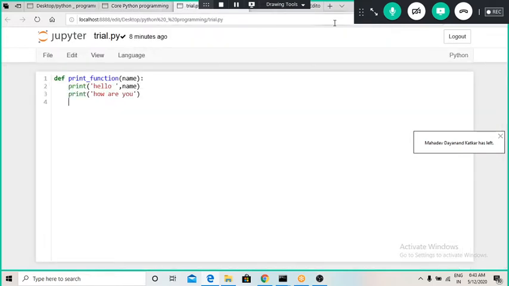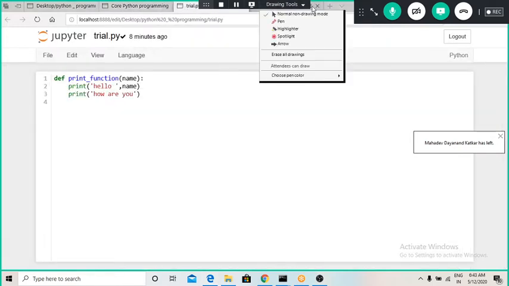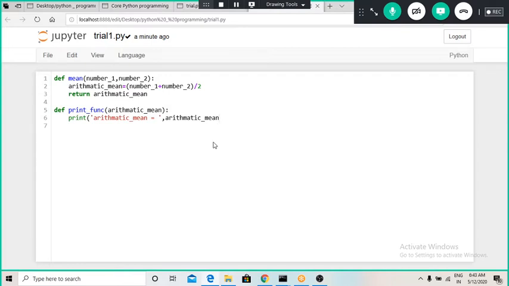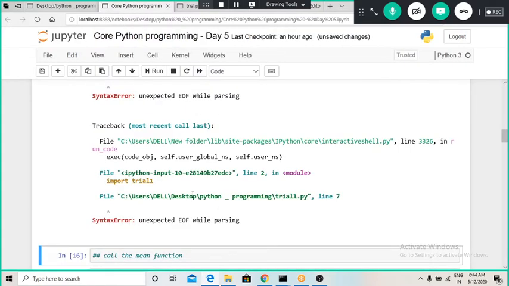That means there is some syntax error present in this particular function, so we have to make sure what is that function, what is the syntax error. So here we can see I forgot to complete this parenthesis, and that's why there was this syntax error, the parenthesis of a print statement. So we have to make sure that everything is all right.